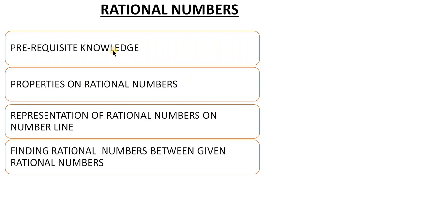Now let us go with some previous knowledge, in recapitulation. We have studied about the evolution of fractions. Every integer is a rational number, that you know. Sign of a rational number, you know it. And equivalent rational numbers, the standard form of rational numbers. Addition of two rational numbers, subtraction, multiplication, and division. All these things will be recapitulated in this session within a time of 10 to 15 minutes, not more than that.